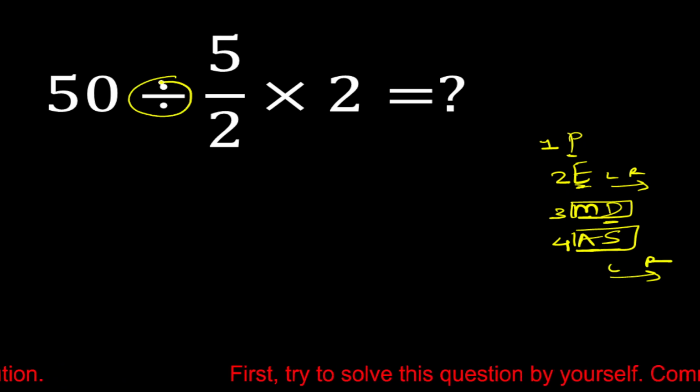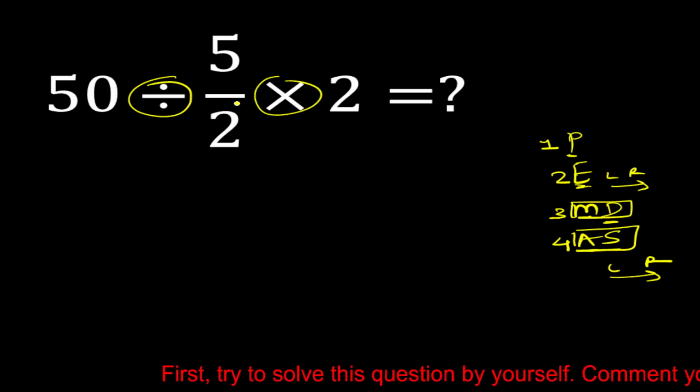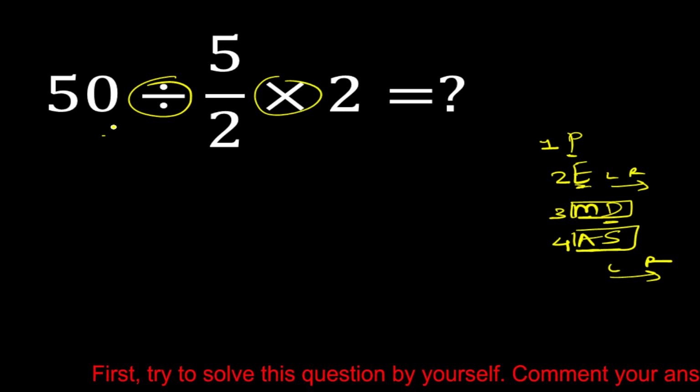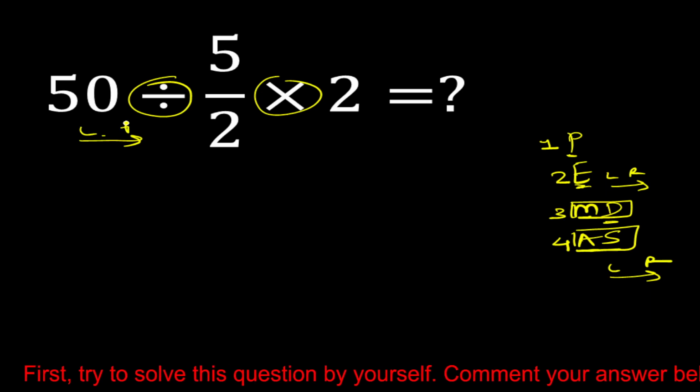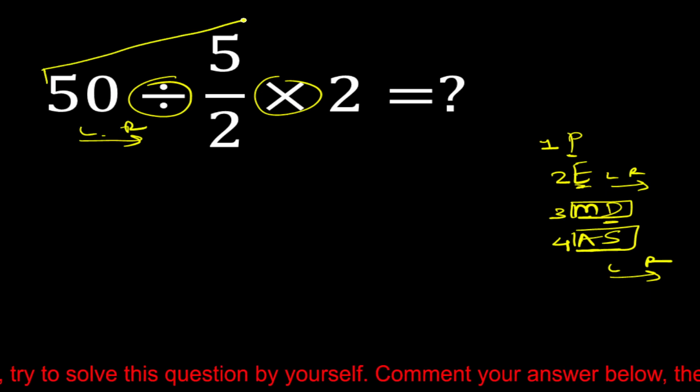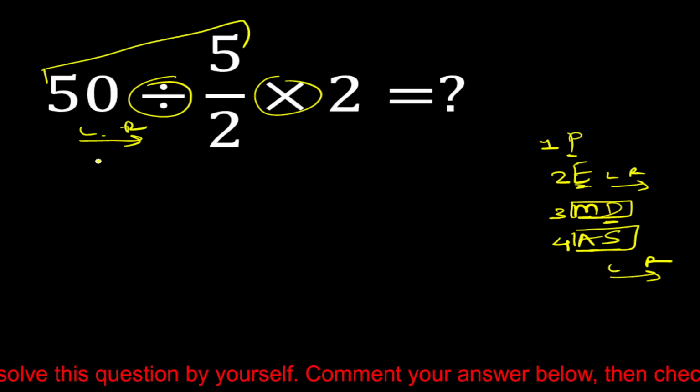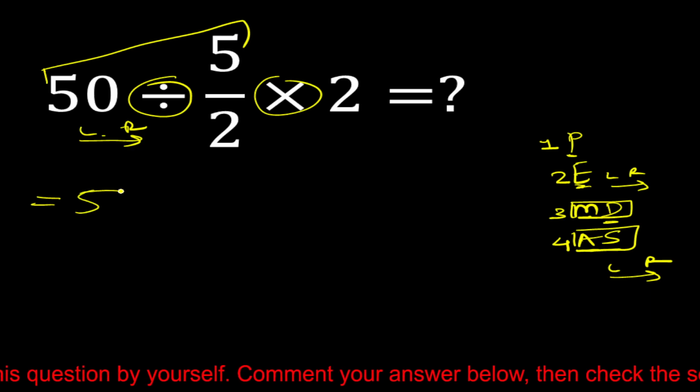So first we have to solve this division, then we have to solve this multiplication because both have equal priority. So we have to solve left to right. So first we have to solve this division. Okay. So now 50,